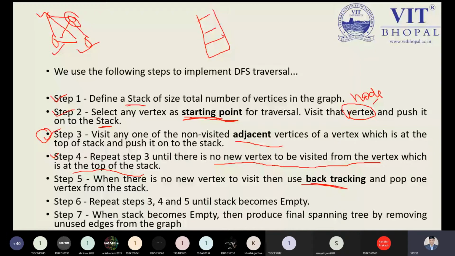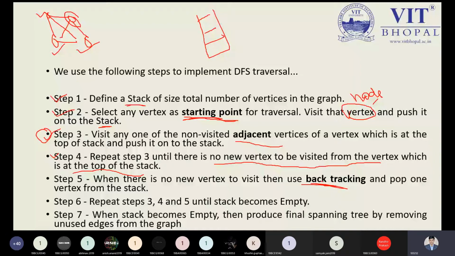This is an example: after writing the examination, you check your questions again. First question we have solved, second question we have solved, third question, last one, fifth question. Now it is completed, then four is completed, three is completed, second is completed, and then first is completed. All these steps come into the method that is known as backtracking. Backtracking means traversing back through all the activity you have done so far.